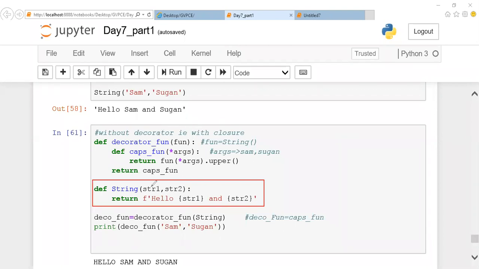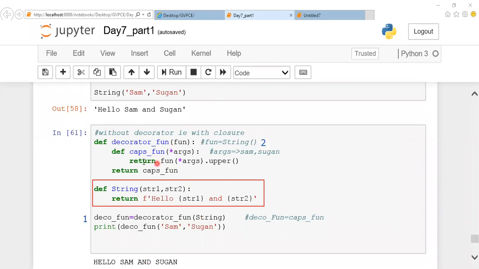We have seen previously that closure is a function inside a function. So what happens here? Initially, this is the first statement of your execution. The outer function will be executed first. So this is the first statement of execution. Automatically this particular decorator function followed by string goes. We know that in case of closure, you pass a function inside a function, which is nothing but the first class method. So what happens here: decorator of string will be passed as a parameter. This string is taken as an argument. So this function call happens directly and it goes here. This could be the second line of execution. So it comes here.